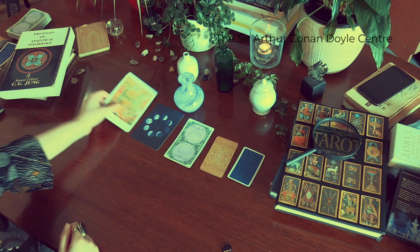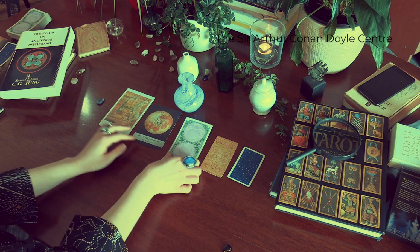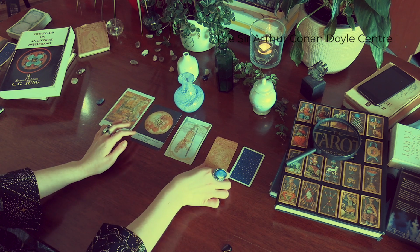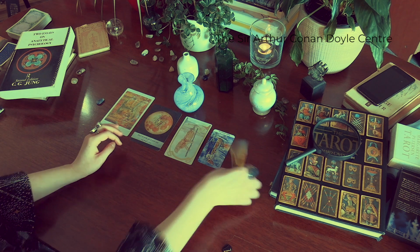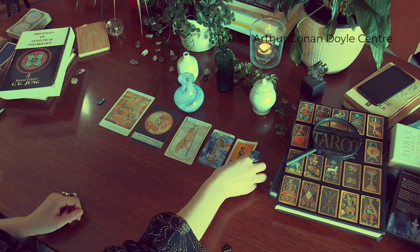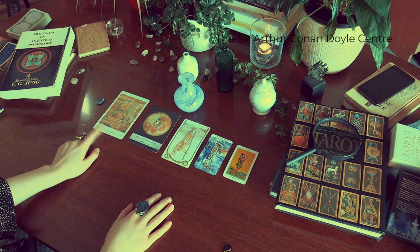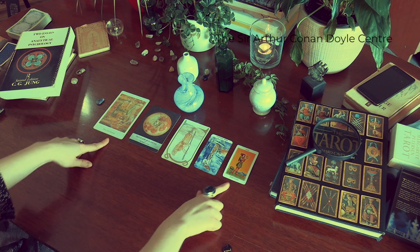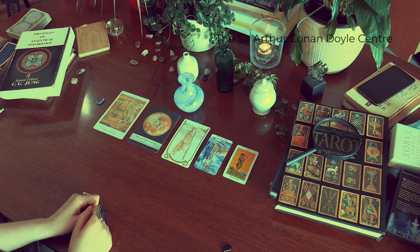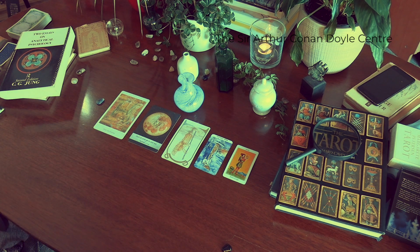Okay, so let's see. We have the Son of Coins, we have Full Moon in Leo, we have the Page of Wands in reverse, the Eight of Swords in reverse, and then the Page of Pentacles. That's very interesting because we have the Son of Coins and then the Page of Pentacles. To me, it would be the same card. It's just called differently. So first of all, looking at these two cards, there is a very practical, very earthy